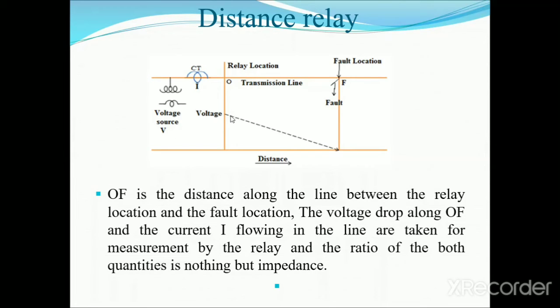In that case, under short circuited condition or faulted condition, the voltage will be dropped. Okay, the impedance of the line is more than the faulty section. Under normal operating condition, the value of the line voltage is more than the current. Okay, this is the line voltage. Under normal operating condition means the no fault condition. In this, the voltage will be more than the current.